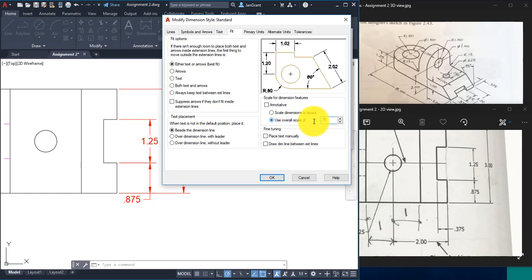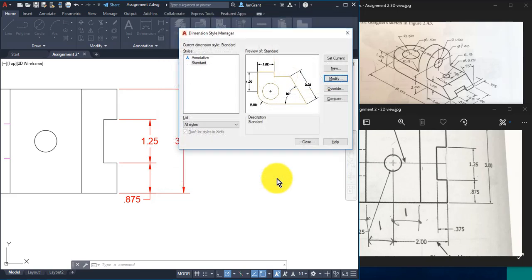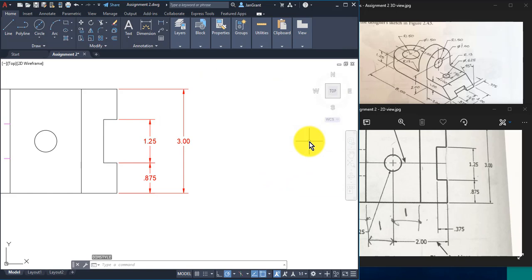0.75. Later on in the semester, you'll see that there's a chart you can use to kind of get an idea of what to use. But at this point, we want the concept. 0.75 because we use that for the line type. Let's go ahead and pick OK and close and see what it does. See what it did? It made the dimension smaller and it looks more like what the book dimensions are. I like my dimensions just a little bit bigger, but you know, we're matching the book and it's a personal preference sometimes too,